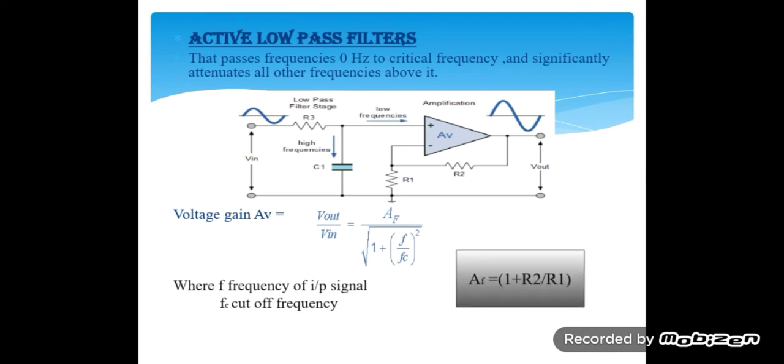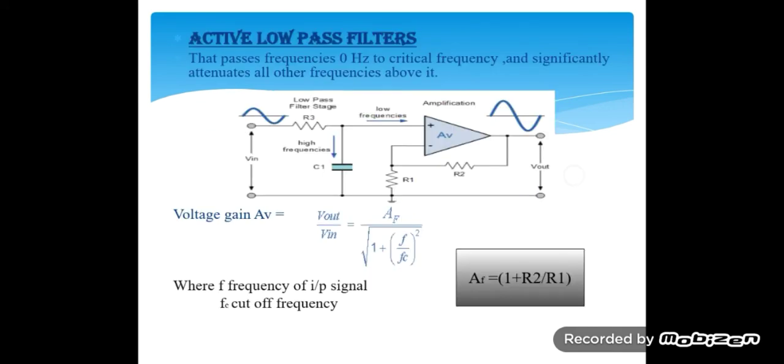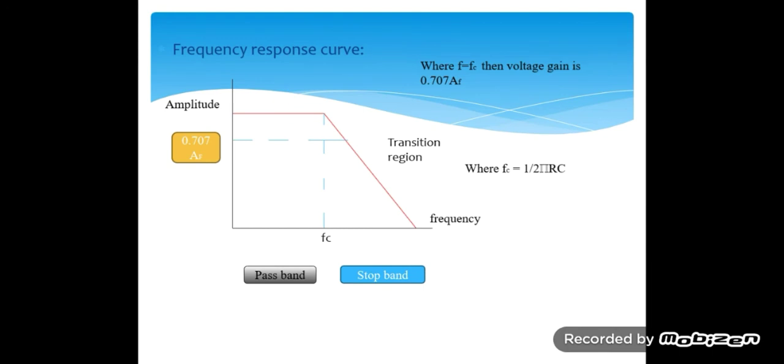right? So the gain of the op amp AF is 1 plus R2 by R1, and the voltage gain V out by V in is given by this formula, where F is the frequency of our input signal and FC is the cutoff frequency, right? Next, we know that FC is 1 by 2 pi RC. The resistor and capacitor connected to the non-inverting terminal determine the cutoff frequency